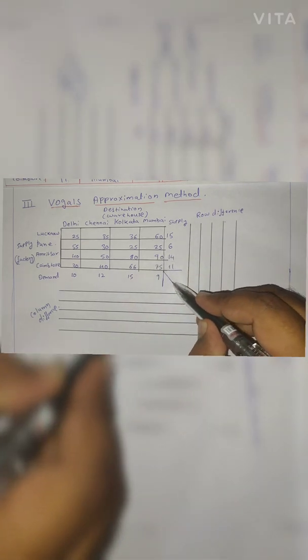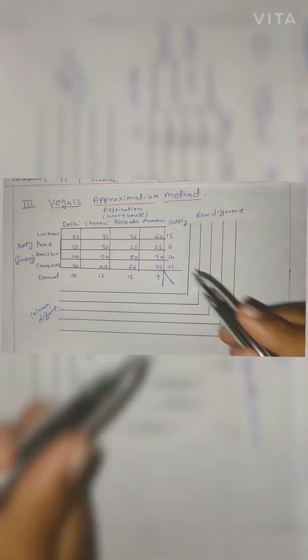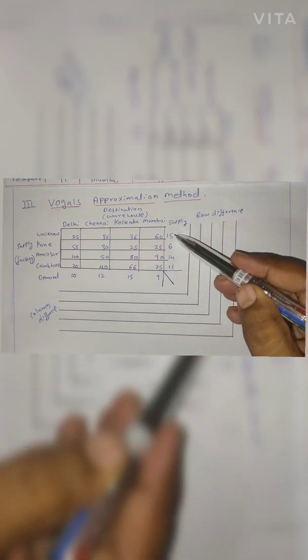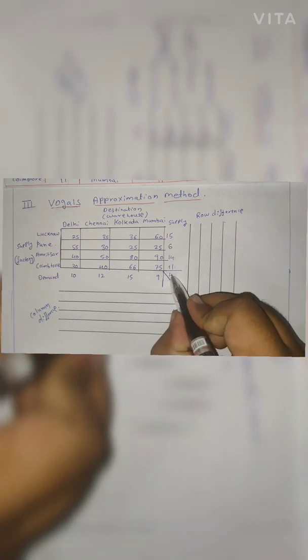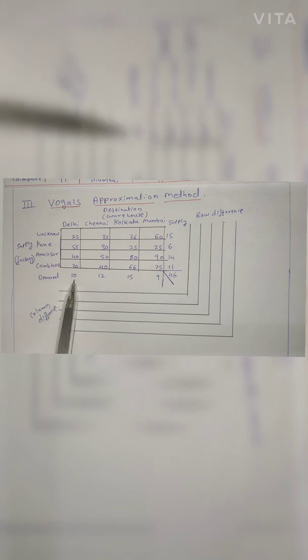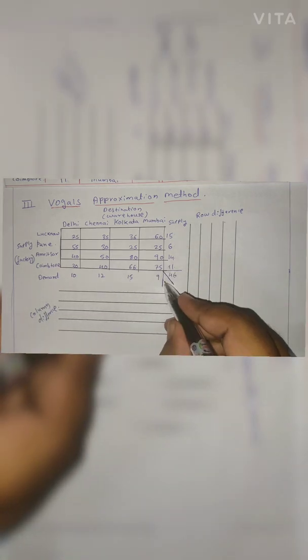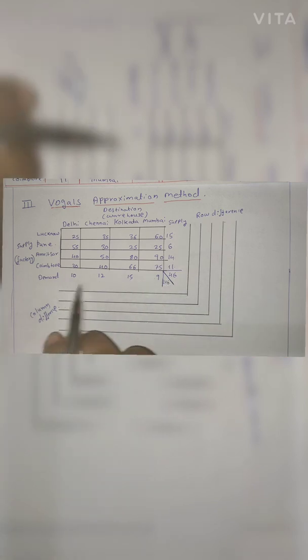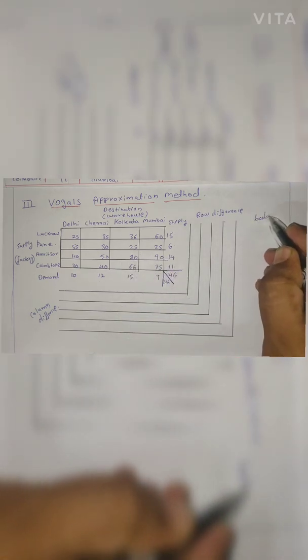Before starting any problem of the transportation model, always check whether supply and demand are equal, to check if the problem is balanced or not. Now let's add this up. 15 plus 6 plus 14 plus 11 will give you a total of 46, and the demand, which is 10 plus 12 plus 15 plus 9, the total will also add up to 46. Since both demand and supply are 46, both are equal, so the problem is balanced.